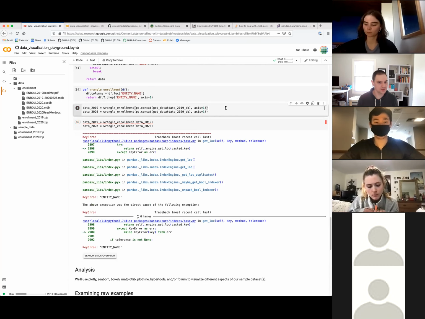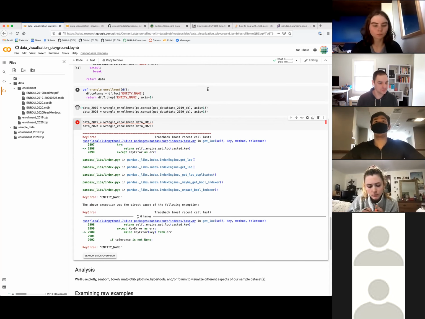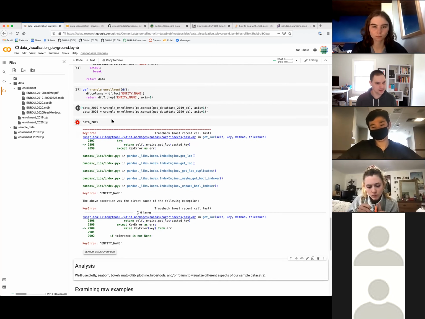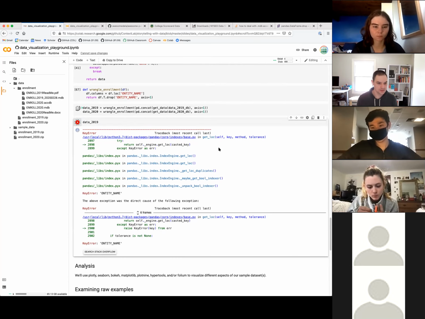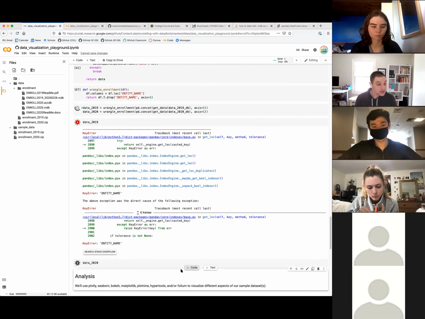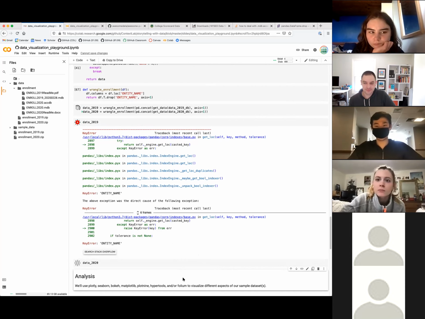Oops, shoot. Okay. It'll take a little while to run. So now we've got a bunch of data, and now we can start to plot it and visualize it. So all of that got us to,